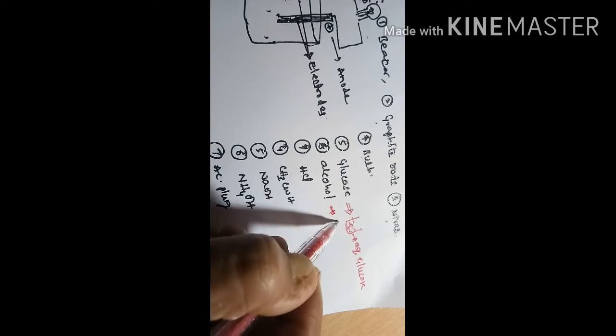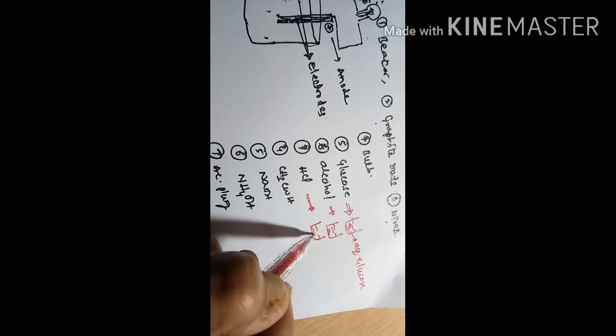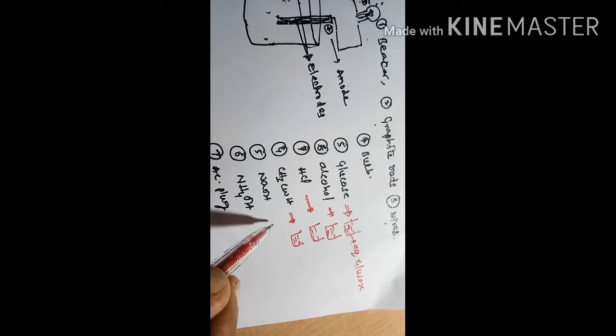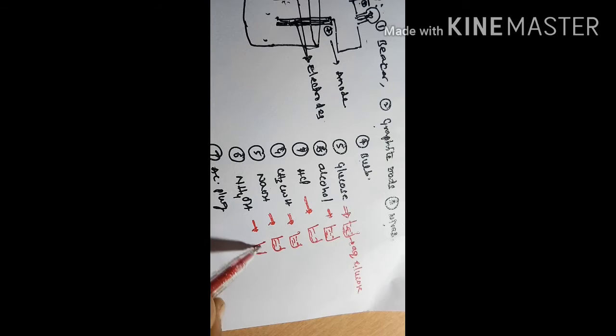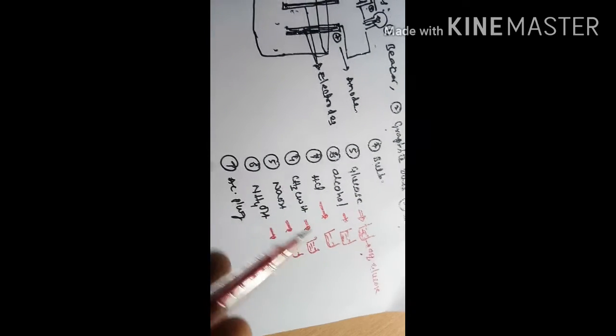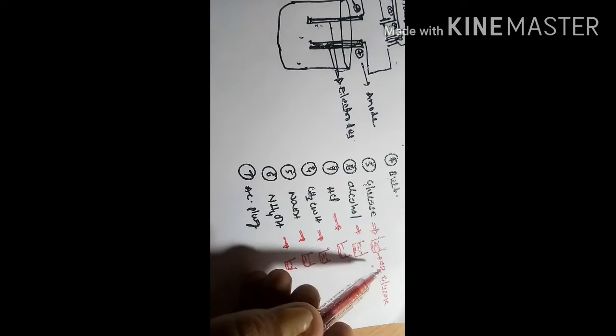Then alcohol is also dissolved in water, we will get alcoholic solution. HCl is dissolved in water, we will get HCl solution. CH3COOH is dissolved in water, we will get aqueous CH3COOH, aqueous NaOH, aqueous ammonium hydroxide. When they are dissolved in water, we call them aqueous solutions. After this, next one, this is the procedure.